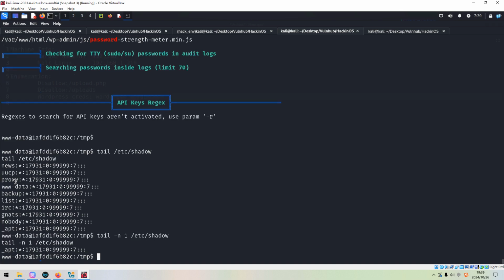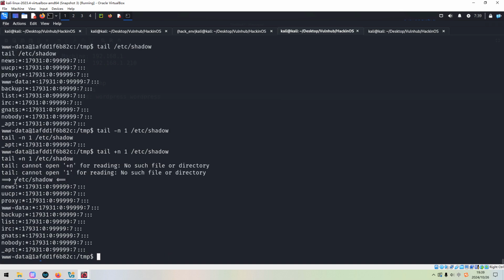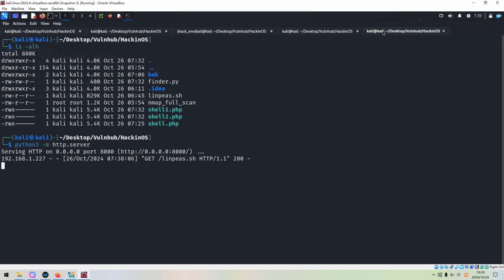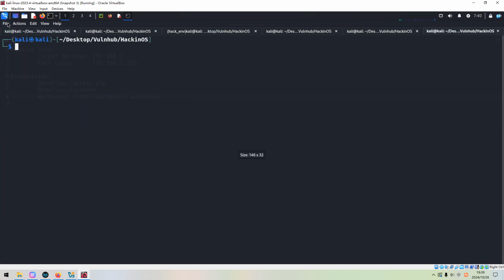Oh, we need to use not dash, we need to use this. Shadow. So tail, I forgot to use this command. Sorry, very embarrassing.